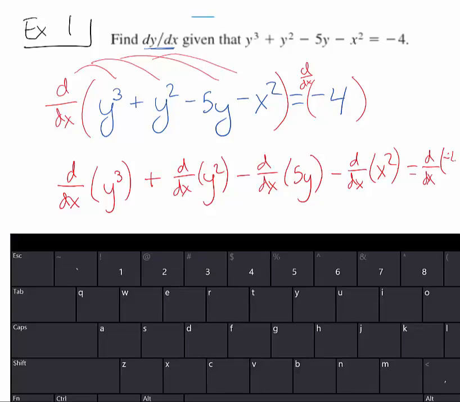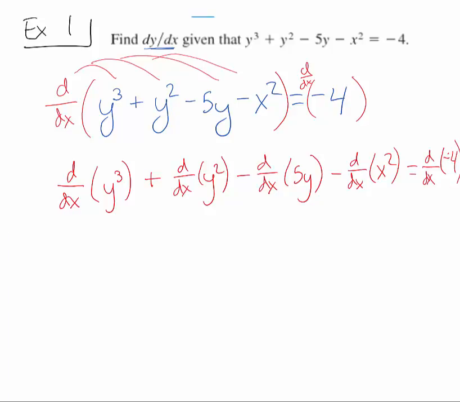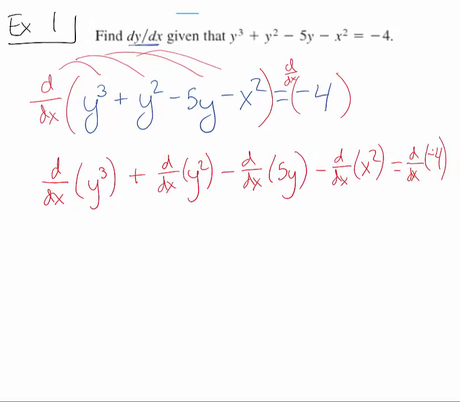Now, in this case, you don't really have to write this out every single time. You can just start doing it. When you get good at this, you can skip writing everything I just wrote out in red. You just go straight to, okay, I know that the derivative of y cubed is 3y squared dy dx, because it's going to be that implicit chain rule. My variables are different. Plus 2y dy dx